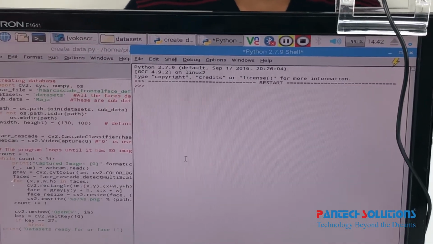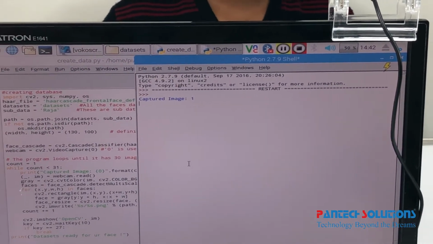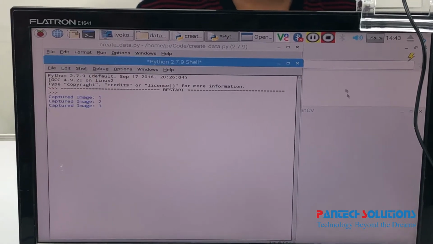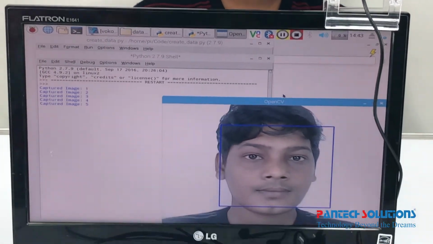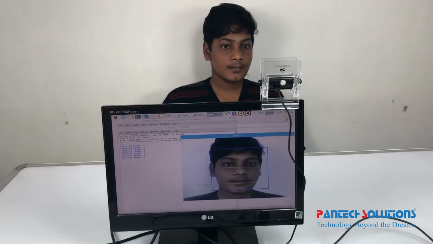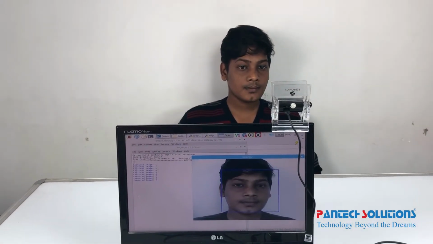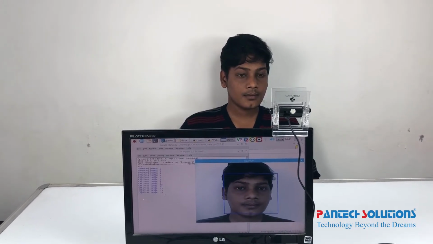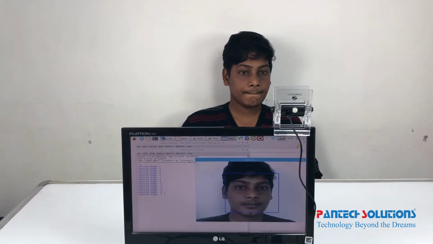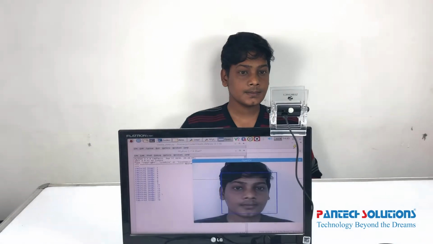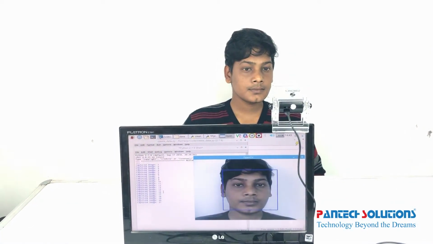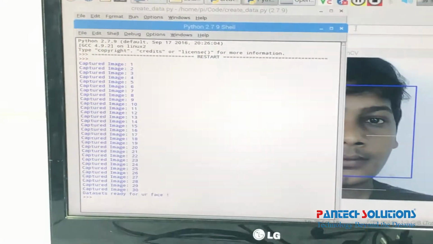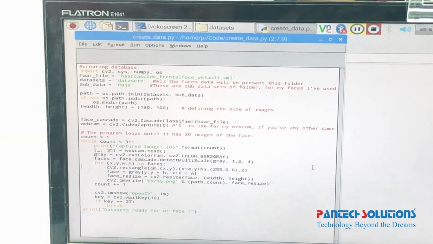Actually, to increase the accuracy we capture a larger number of images. Here I'm going to capture 31 pictures of my friend Raja. Capture image. In the left panel it is capturing the number of images, 1, 2, 3, 4, 5 like this, until it captures 31 images. To have more accuracy, the number of images captured should be increased. Now just wait. In the messages it shows data sets ready for your face. So we made Raja a known person.